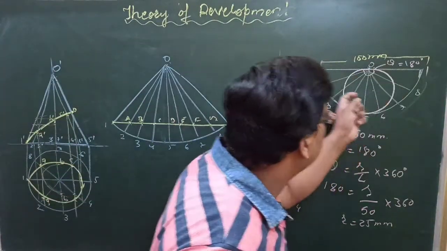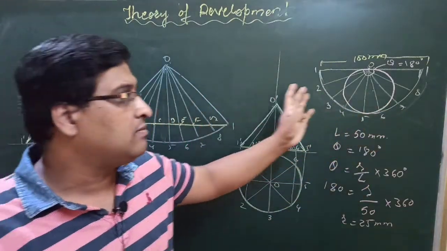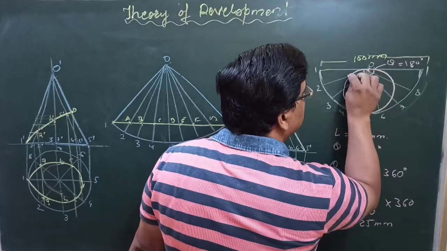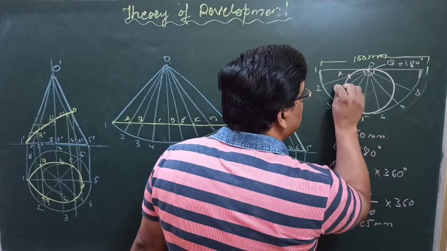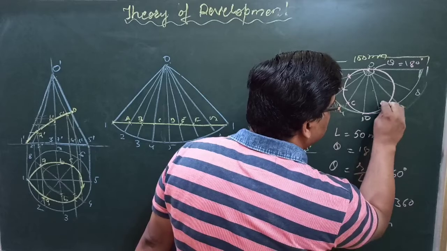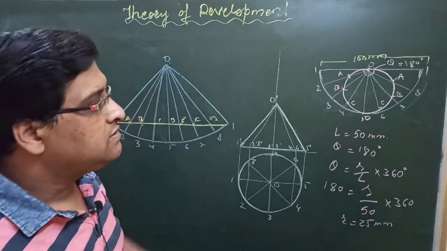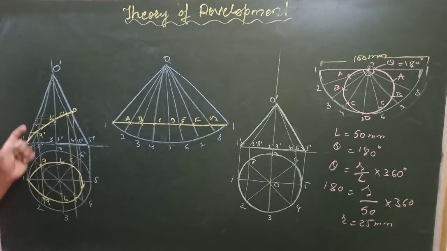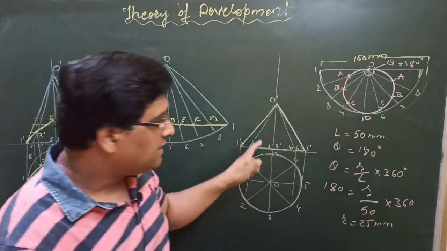Now you have to show this ink line in front view and top view. So again it is an anti-development problem, meaning the reverse problem of the development. Again consider the cutting points here. First point O, second point say this is A, B, C, D. Again this will be equal to C, this will be equal to B, and this will be equal to A. Right? So you have to take distances from here and cut here also, just like we did in this particular problem. So take distances from this side and cut here.